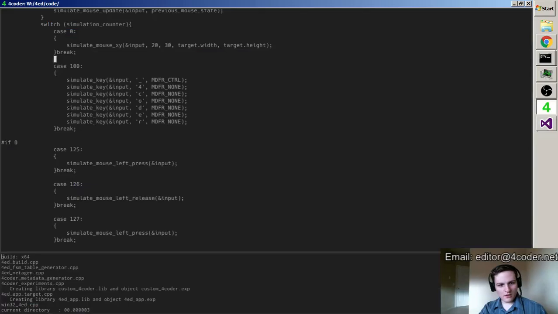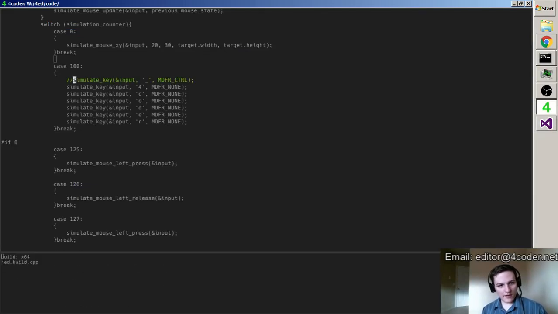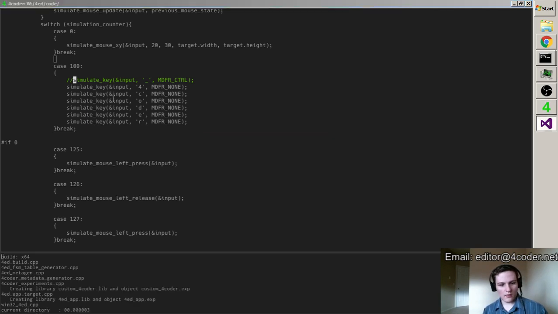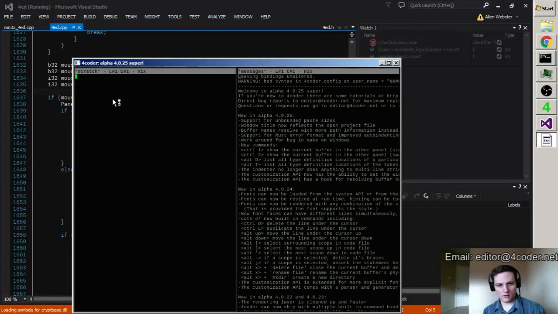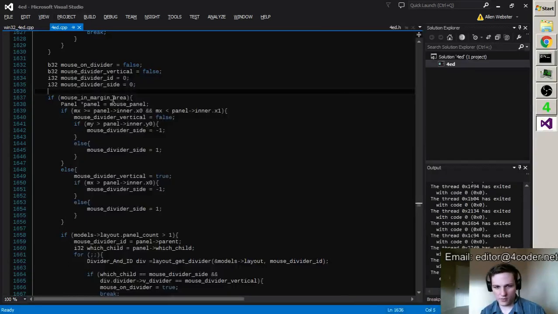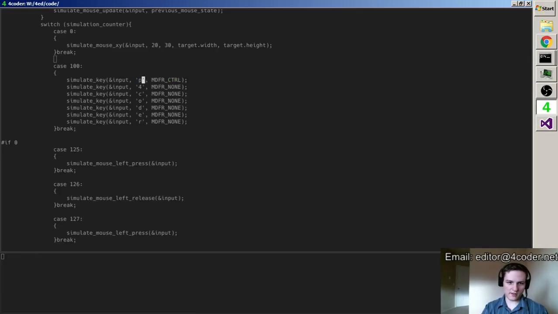Now, I'm still not sure we have found the most minimal reproduction case of this. I want to just do a little bit more experimenting to see what else we can find. So there, it just typed in 4coder and didn't have a problem. What if I split it this way?